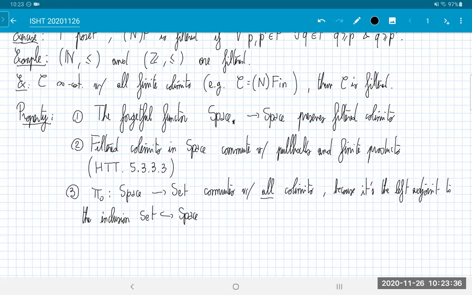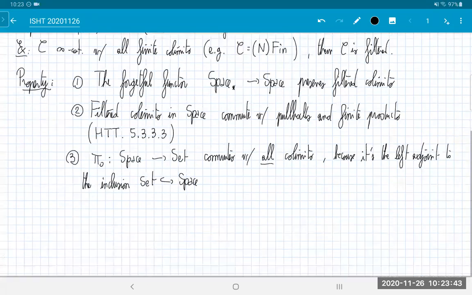Actually, I never remarked it before in this class, but it's very easy to verify, and you know that left adjoints commute with all colimits, and therefore,